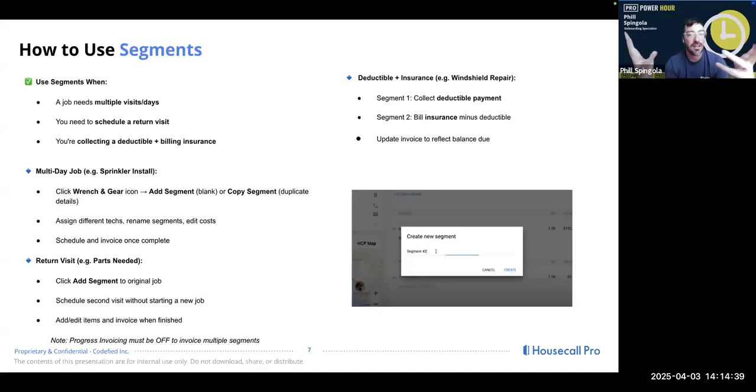But with segments, that was the idea: we're going out there to do a specific work order, and we start to see something else that we can do around the job site. So without having to create a whole new invoice, we would just go ahead and create a segment, keeping that idea that invoice or work order number 100-1 is our original work order, and 100-2 is the change in work order, the new and improved one that the customer wants us to do.